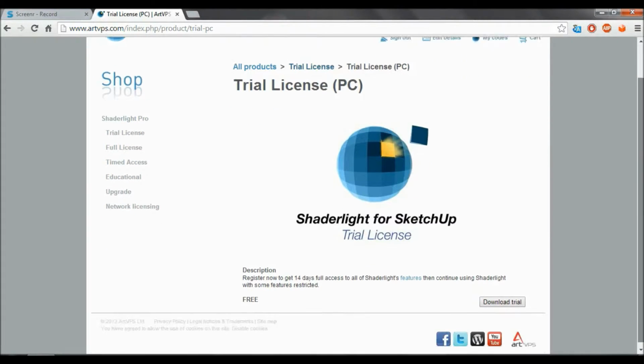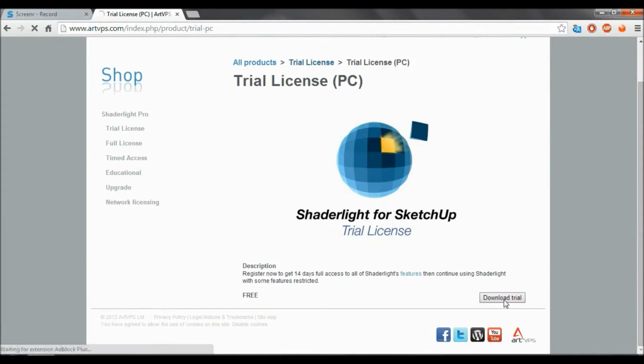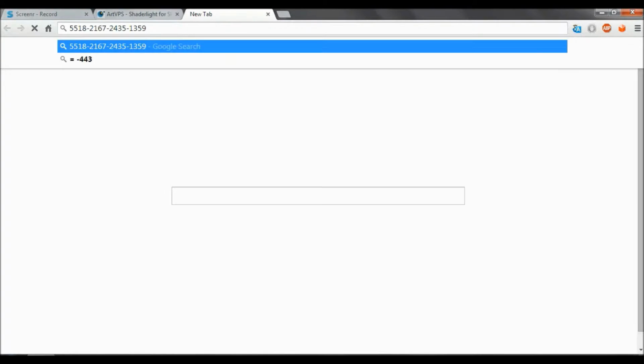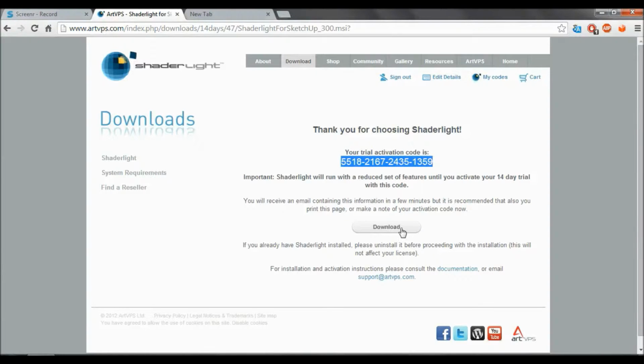Then download, and there's a code on the page after you've signed up, and after that you have to save that somewhere. Hit download, wait for it to download, choose your save location,